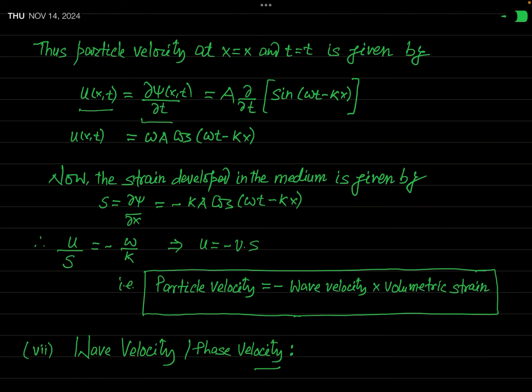Here the partial derivative has been taken, because psi is not only a function of t, but it is also a function of x. So we must take the partial derivative. A is constant, and when you substitute the value of psi, this will be A sin(omega t minus kx). A is outside of the differential operator, and this sine function will be differentiated. After differentiation, you get at any time t the velocity of the particle, which is called particle velocity. This is u of x, t equal to omega A times cos(omega t minus kx).